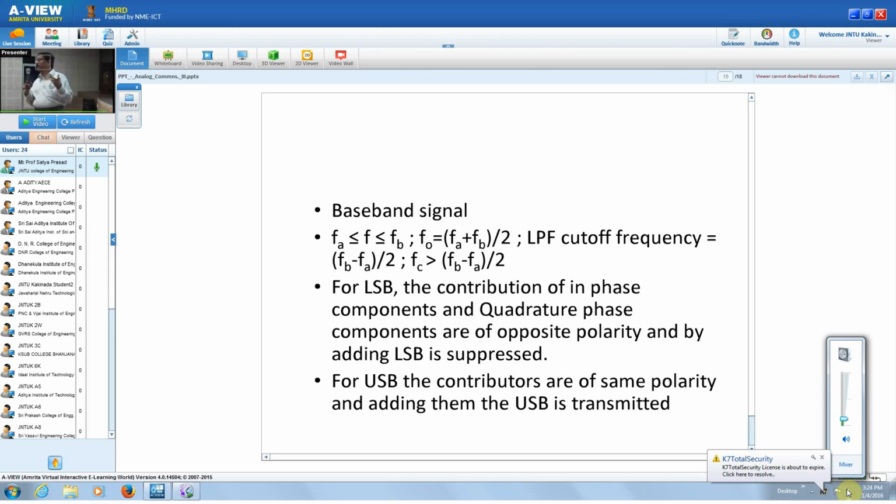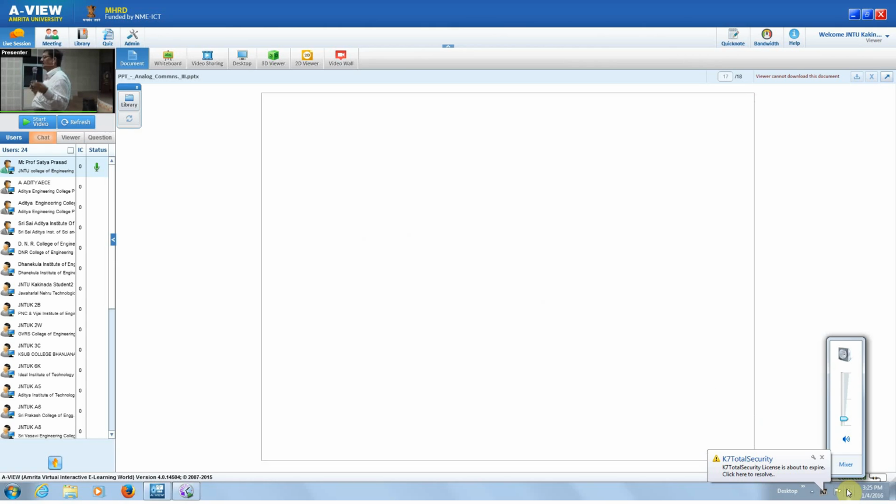Therefore, we have gone for two different phase generating networks, so that the difference you can maintain by beta minus alpha as pi by 2. Then we are going to get the required SSB signal generation. Then we have seen the third method. Then we have seen how to demodulate our SSB signal by simple